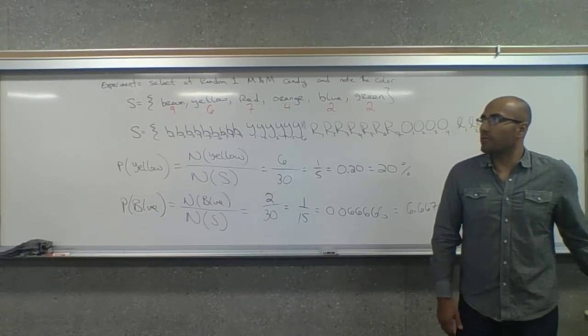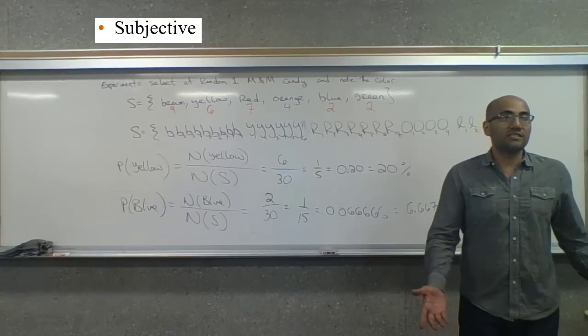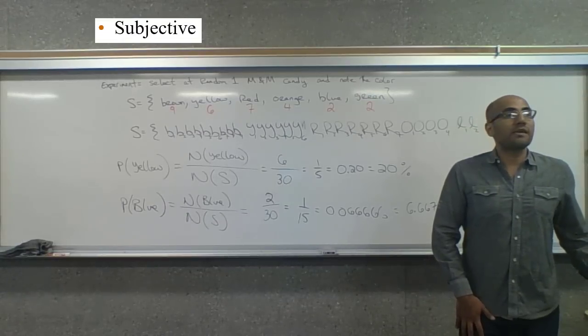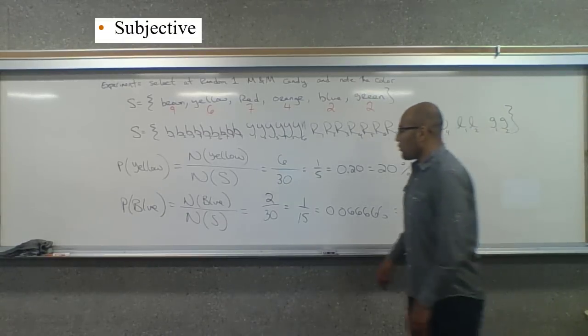So the last one we want to talk about is subjective probabilities. That one's the easiest one. Subjective probability means that we leave it up to experts. So, for instance,